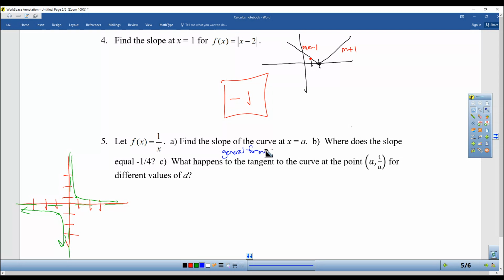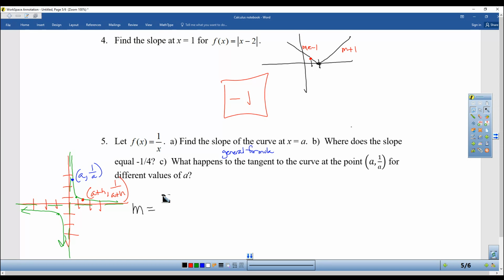So any point. They've gone back to a. That's fine. You need to be flexible. So this is a comma 1 over a. The second point is always the same, whatever it is, plus h, and then 1 over a plus h. So this is our second opportunity to practice